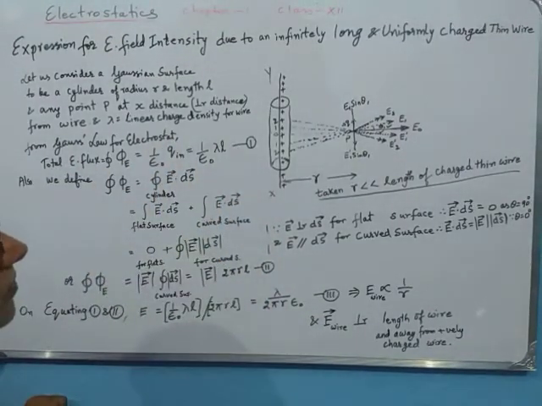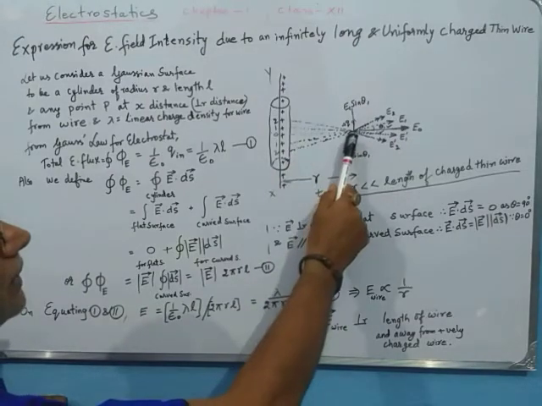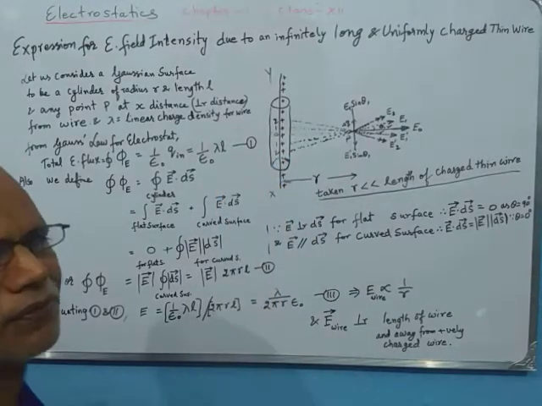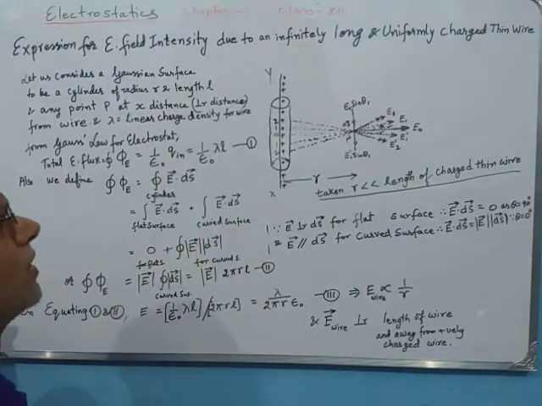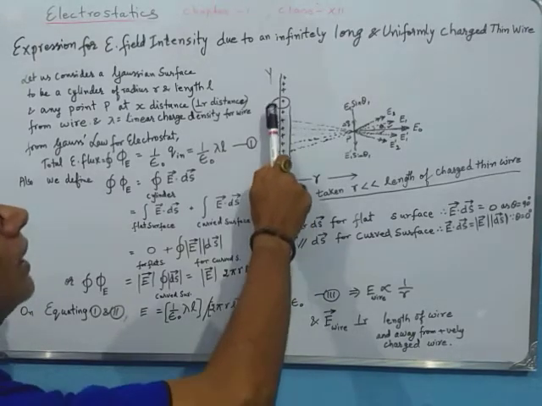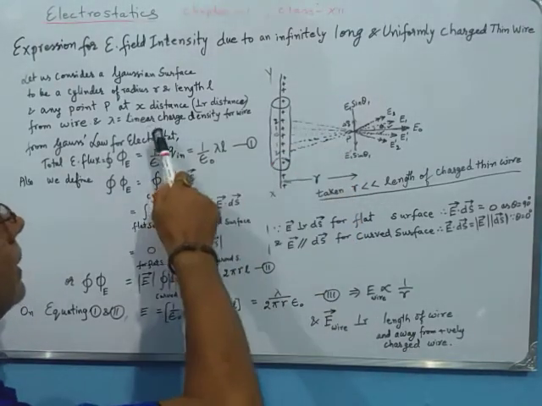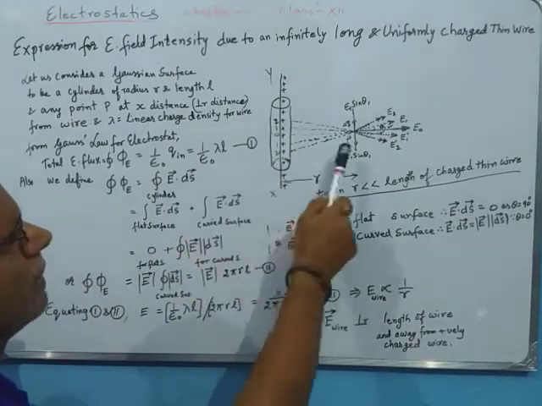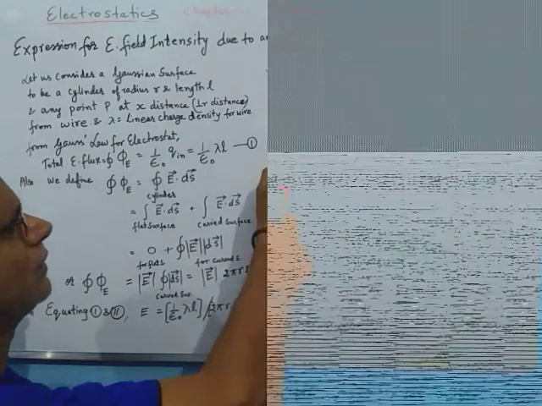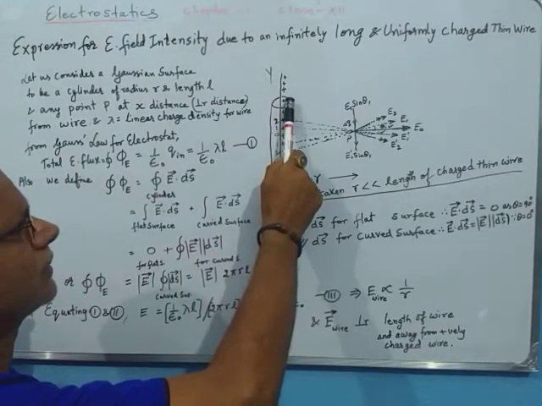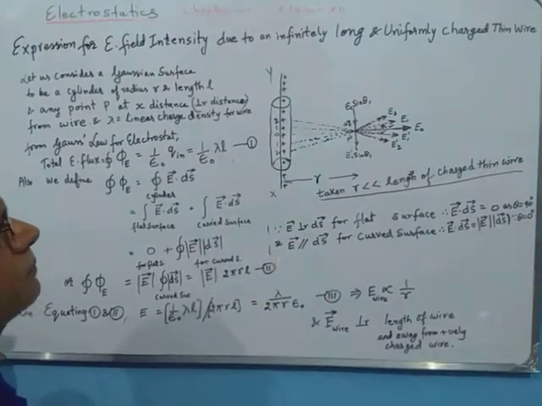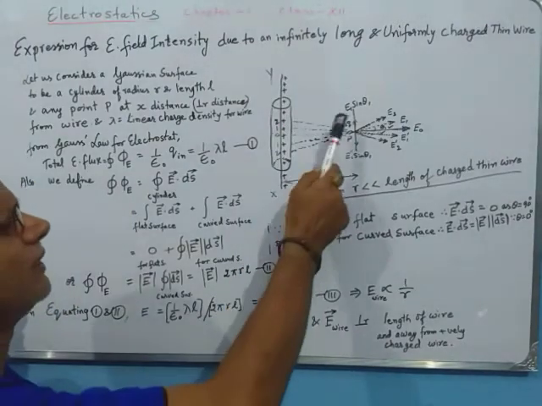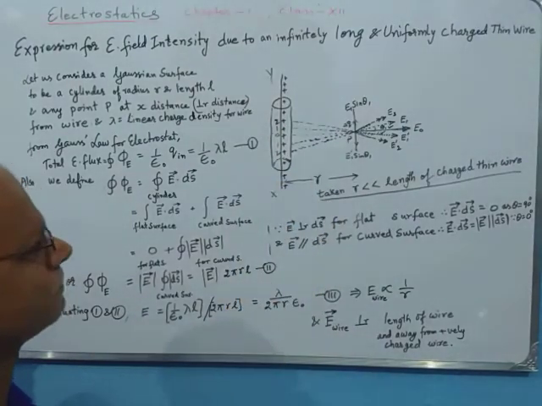So now let us start. Consider that we have a point P which is at r distance from the wire. We consider a Gaussian surface which is cylindrical. We have not drawn it as big as we have assumed, to avoid complexity and overlapping in the diagram. Though the radius of this cylinder is taken to be r itself, we haven't drawn it as big to avoid the mixing of the two diagrams together.